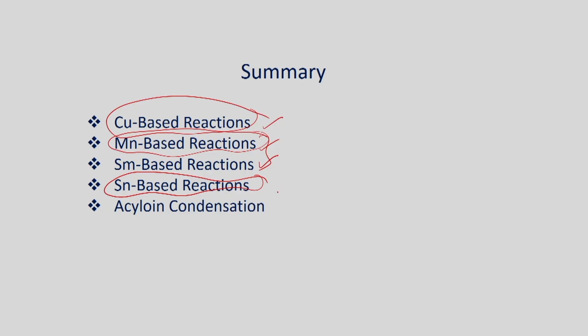You can form the radical from the radical initiator. Usually, mainly we have seen the use of AIBN, which can be readily cleaved into radical in the presence of light or heat that can further react with the tin reagent. We form the tin radical that can be reacted with, if we have the carbon halogen bond, which can readily undergo homolytic cleavage. You form the tin halide, where you generate the carbon centered radical, which can be further utilized for the addition reactions.